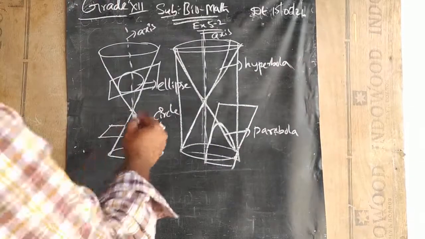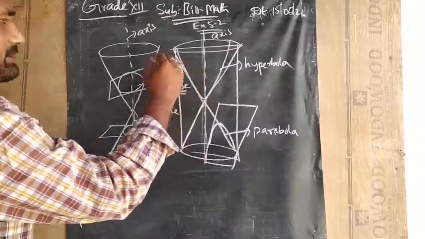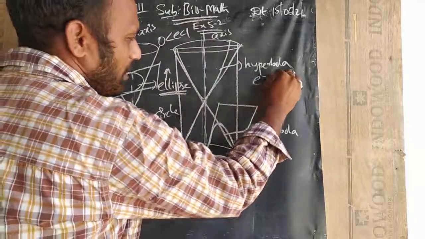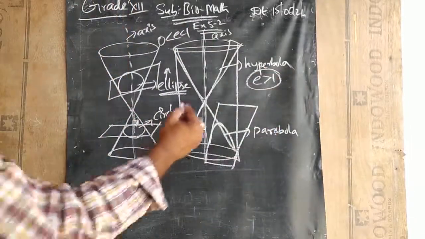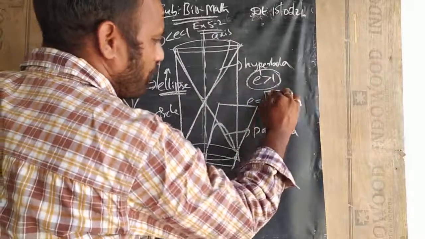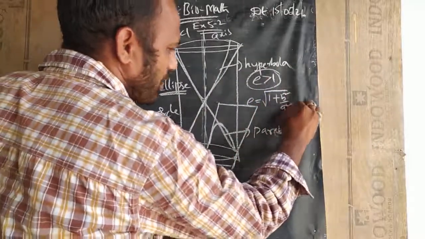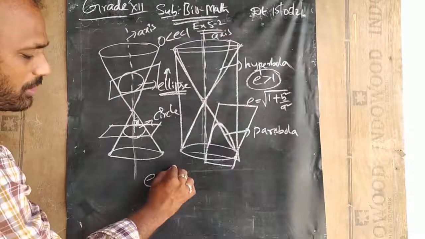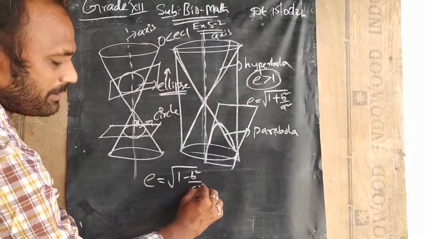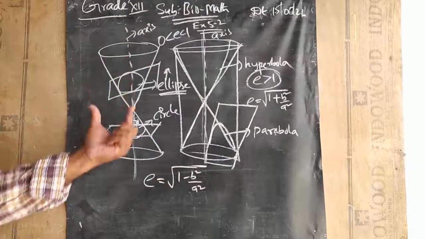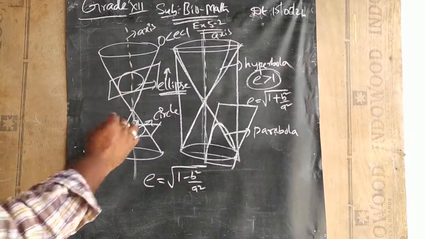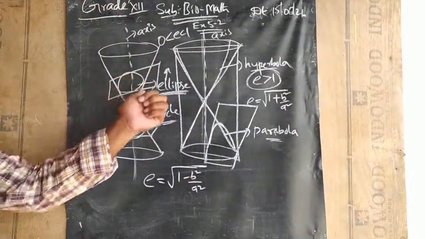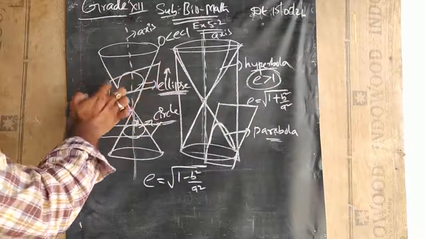As we have already learned, for an ellipse the eccentricity lies between 0 and 1, and if the eccentricity is more than 1, we call it a hyperbola. The hyperbola eccentricity formula is e equals root of 1 plus b square by a square, and for the ellipse, the formula is e equals root of 1 minus b square by a square. So these are the various shapes. Already we have learned the conic sections. So the four shapes we can obtain in this way by placing the rectangular plane. It's a rectangular plane only, but we will call it a plane.